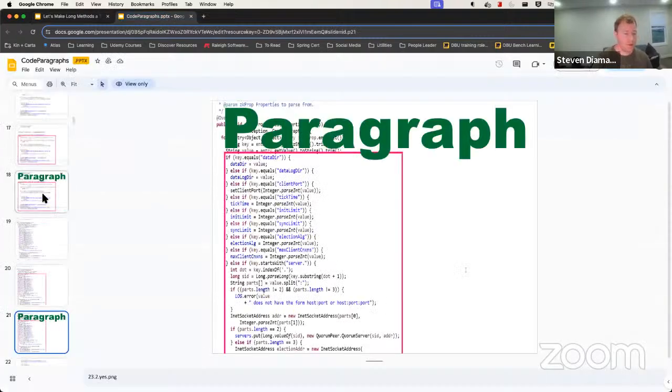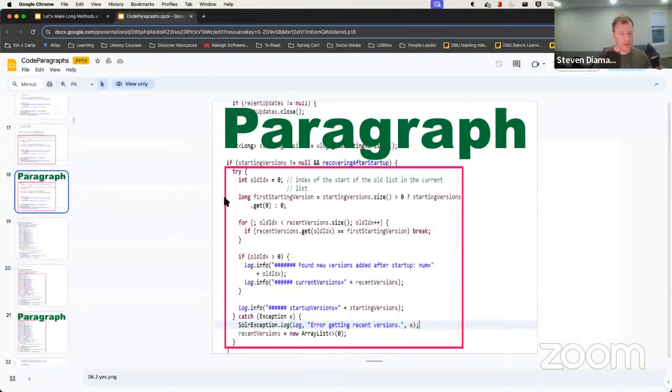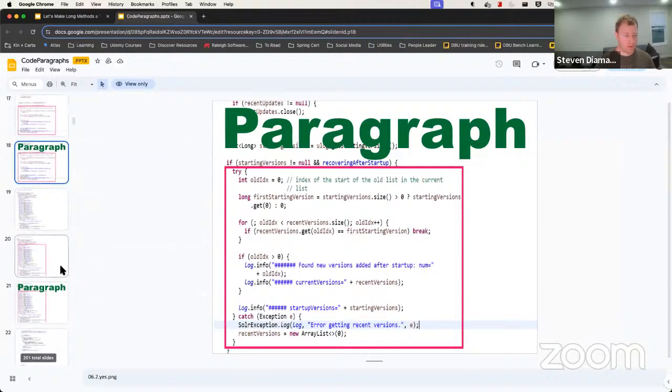paragraphs real quick. This is Sparrowdex, and I'm going to have some links to that at the end. This is a way that you can look at different pieces of code really quickly to be able to recognize things a lot more. But I just want to show some paragraphs. Curly braces are a good indication of code paragraphs. This would be a paragraph here,